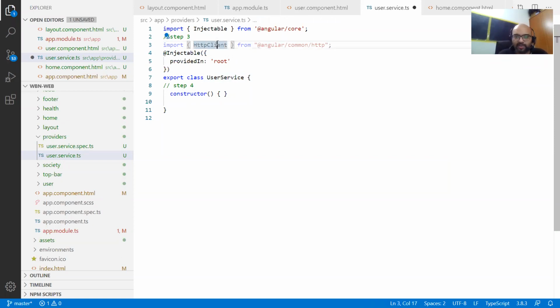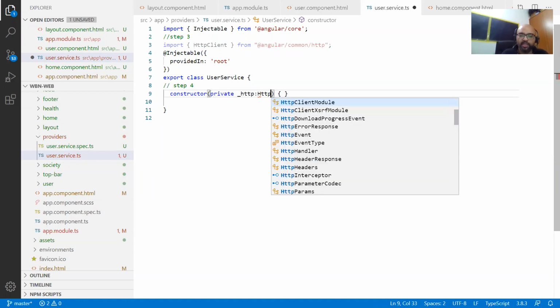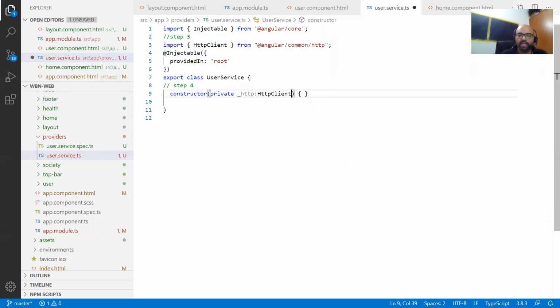So HTTP client is a provider that we wanted to use. HTTP client is an Angular based provider, correct? It's an inbuilt provider which is under HTTP module. So we wanted to use that HTTP client provider into our provider. Our provider means user service. So same rule is same for all. So dependency injection has to happen. I say private underscore http, just created a variable which is of HttpClient type. So step 4 done. Now step 5 is nothing but